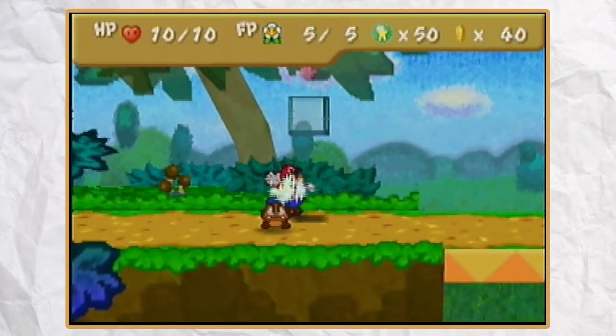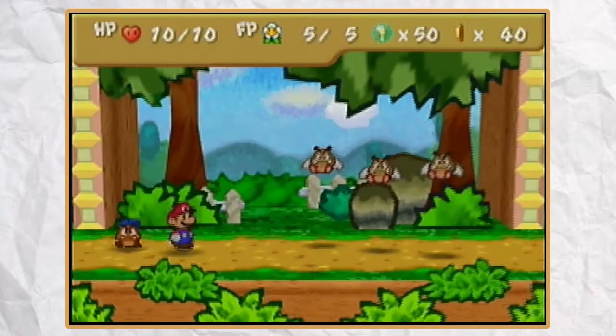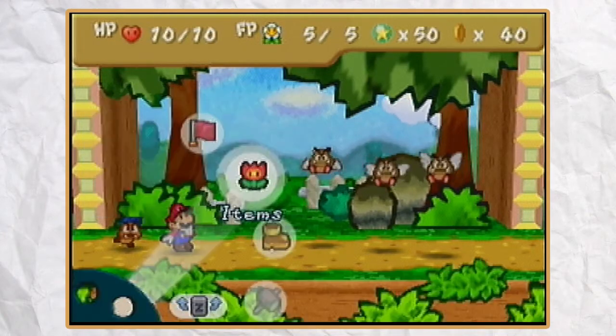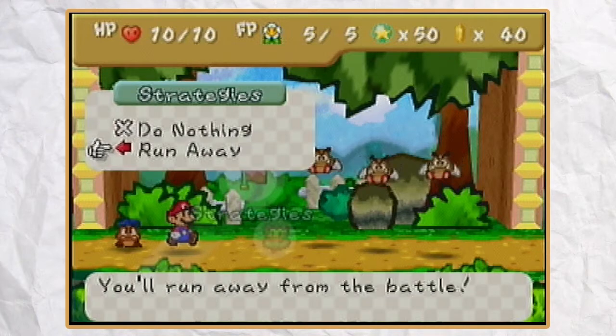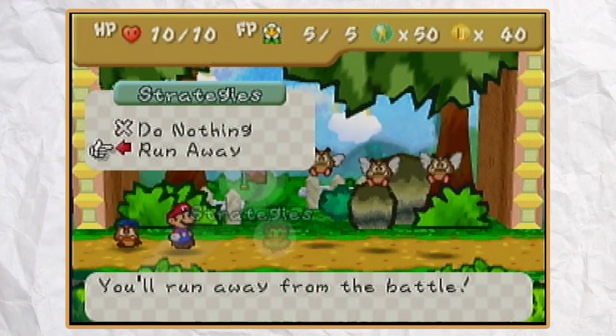We're going to take on this Para Goomba, and then I'm going to end... Actually, I'm not going to take on the Para Goomba. I'm going to show you something else, right? I kind of want to use the fire... You know, I'm going to save that. No. I'm going to show off the runaway mechanic, right? So you can only do this selected as Mario. You can't do this when you're using your partner. You select runaway, and then basically